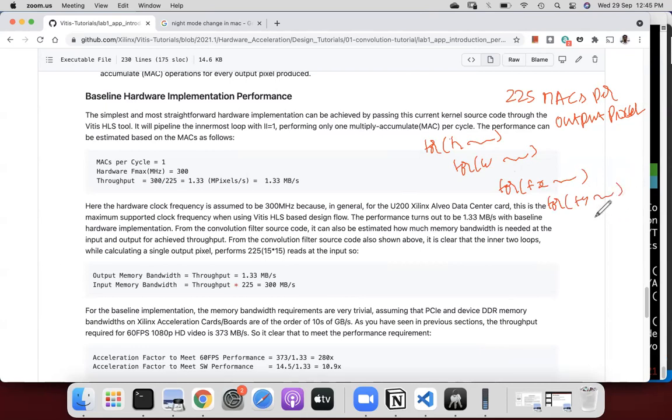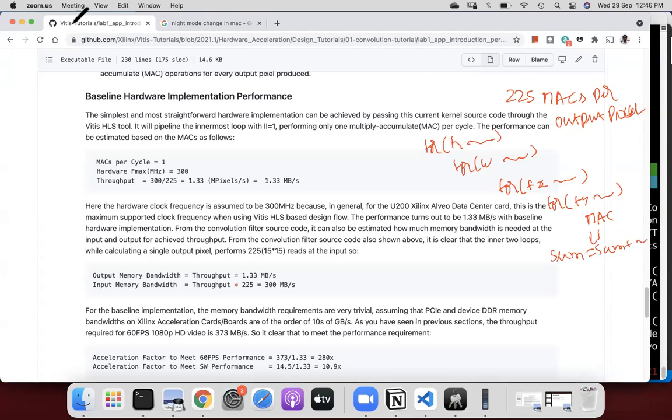Finally we multiply the corresponding element from the filter and the image. There is a MAC operation here. So how does that MAC operation look? It is like sum equals sum plus the product.